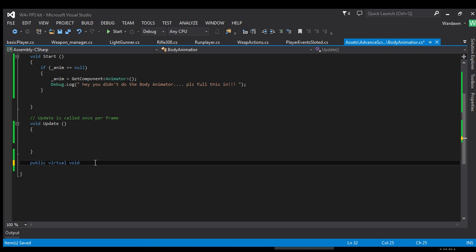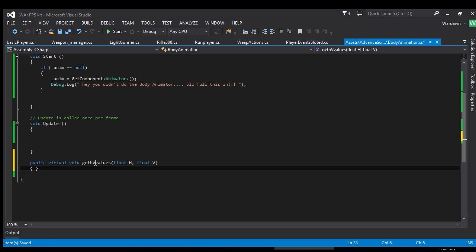Don't forget the void. Get values. This will take a float h and a float v. Okay, and all we're going to do